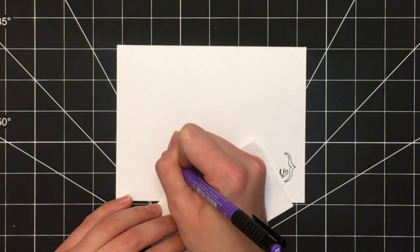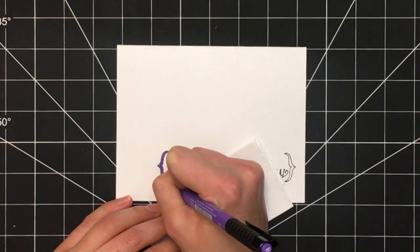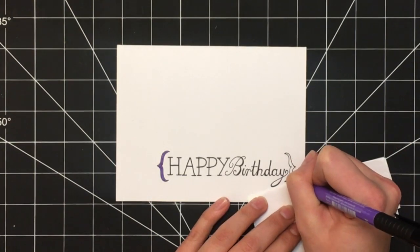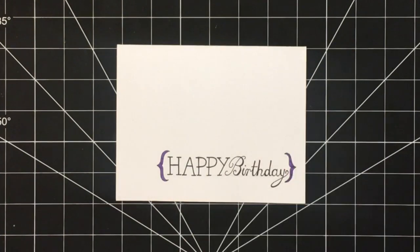The final step in making the rhinestone-free version of this card is to simply color in these two end elements of the design. I chose to use a really pretty purple color. However, a really easy way to customize this card would be to simply change the color that you use for these two elements. And once that's complete, you could leave the card just like this,